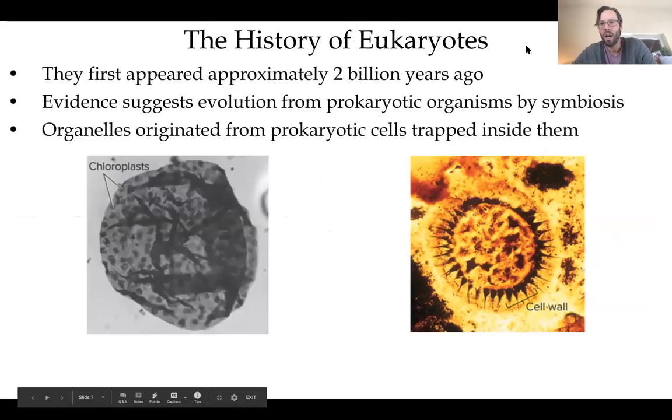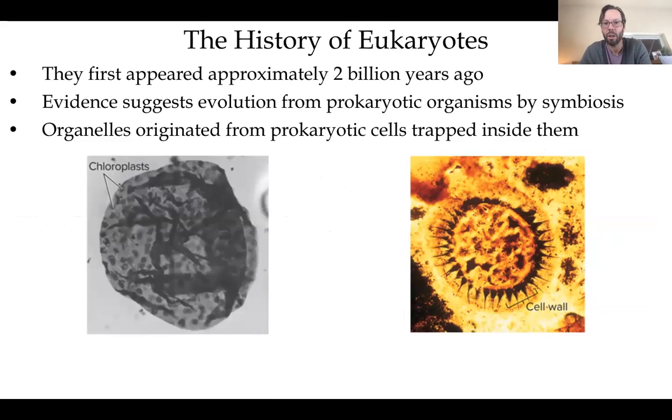Okay, so you guys should remember that bacteria have been around for 3.5 billion years. The eukaryotic organisms arose about 2 billion years ago. So the archaea and the bacteria had free range for quite a while. And then all of a sudden, we start seeing a symbiotic relationship where two prokaryotic organisms come together. Okay. And that's how a eukaryotic cell arises.